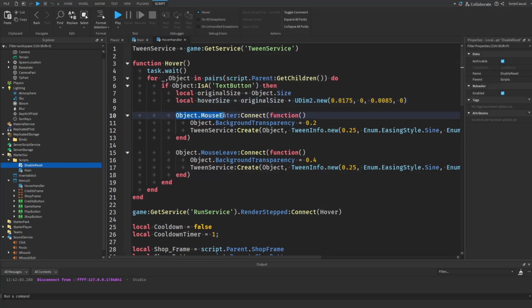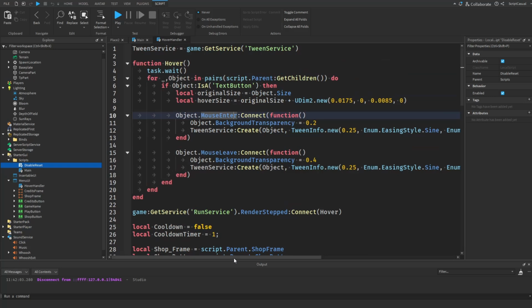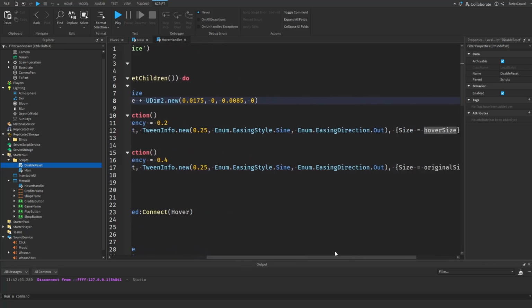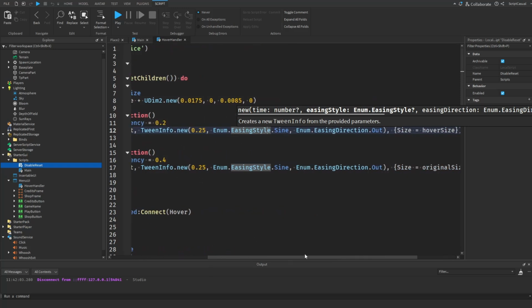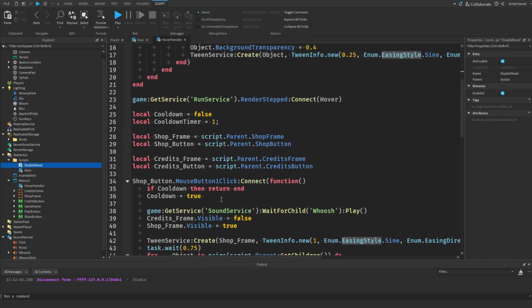So whenever we're entering over the object, we're going to make it less transparent, meaning it's going to look different and look a bit more dark. It gives a cool vibe to it. And then instead of just setting the size to the hover size, we're going to tween it so it's smooth. So we tween the size to be the hover size, and when we leave, we do everything like before, but we tween the size to be the original size. So that's about it for the